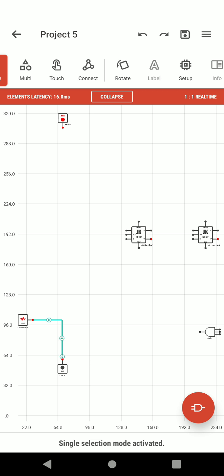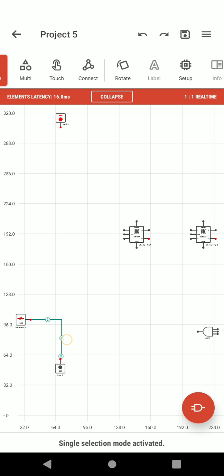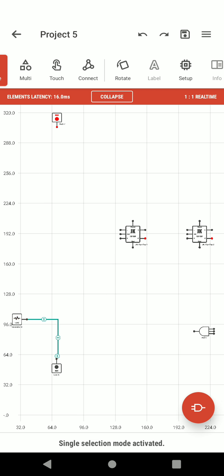So after giving the proper connection, we have to click on the screen anywhere aside from that line, so they both will be connected. So next what we have to do is connect from generator to